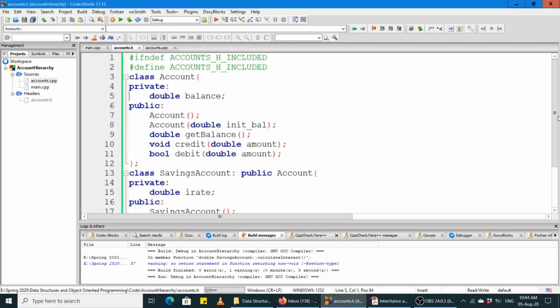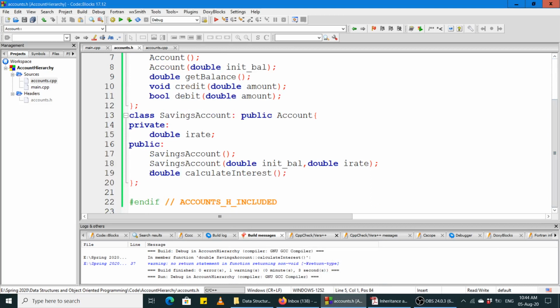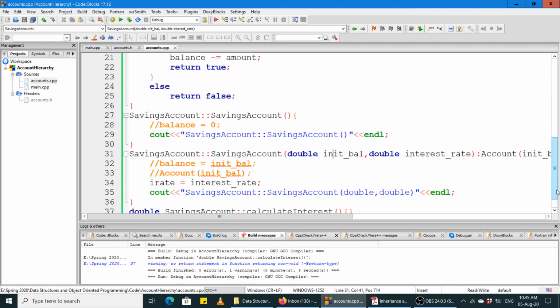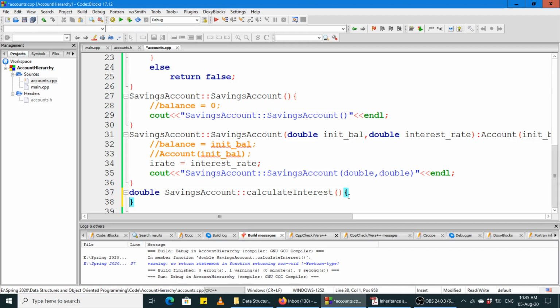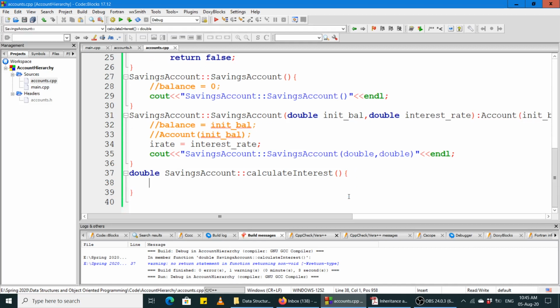ठीक है, अच्छा, नाउ अब सेविंग्स अकाउंट क्लास में हमने एक और मेथड भी ऐड किया था। लेट अस इम्प्लीमेंट दैट वन, और वो मेथड था डबल कैलकुलेट इंटरेस्ट। ठीक है, सो लेट अस इम्प्लीमेंट दिस मेथड, डबल कैलकुलेट इंटरेस्ट वाला। अच्छा, वो यहाँ पे है, हमने किया हुआ ऑलरेडी। अब ये क्या करेगा? ये इंटरेस्ट कैलकुलेट करेगा, मुनाफा। 1 साल फर्ज किया बैलेंस पे गुजर गया और देयर इज सम फिक्स्ड इंटरेस्ट रेट। तो इंटरेस्ट कैसे कैलकुलेट करते हैं? तो करंट जो बैलेंस है उसको आप मल्टीप्लाई कर देते हैं विद द इंटरेस्ट रेट। ठीक है, तो इंटरेस्ट रेट अगर फॉर एग्जांपल 10% है और अकाउंट बैलेंस है 1,25,000, तो 12,500 इंटरेस्ट होगा।